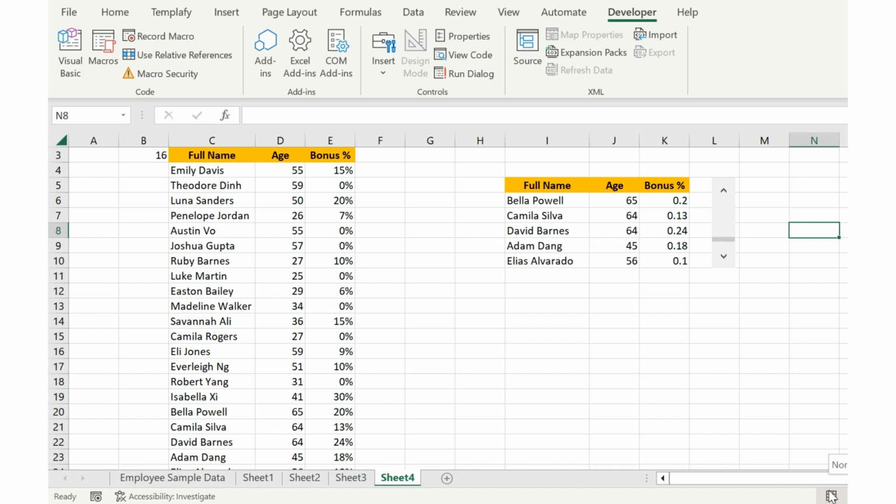In today's tutorial, we will learn how to create a scroll bar and use it to navigate through your data